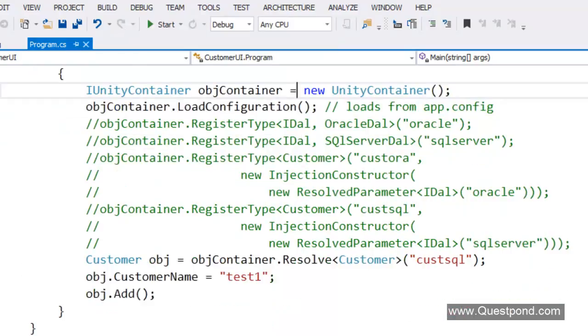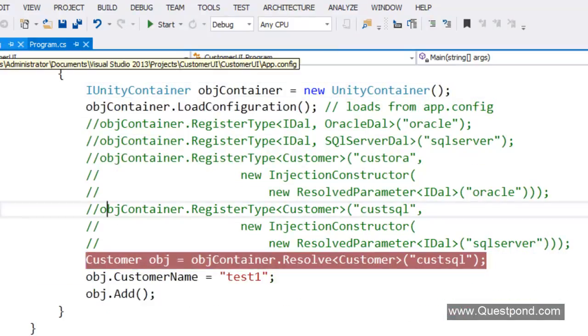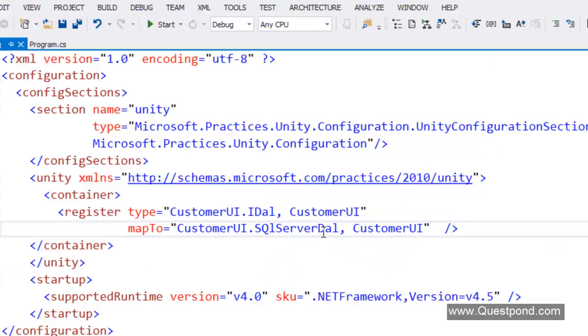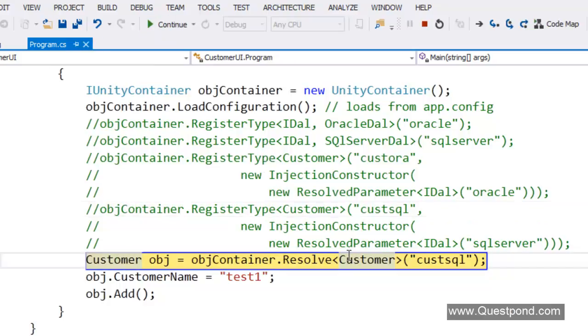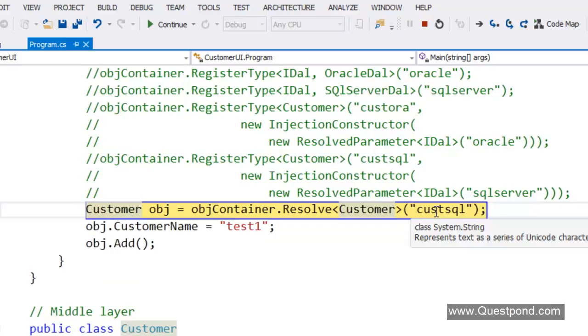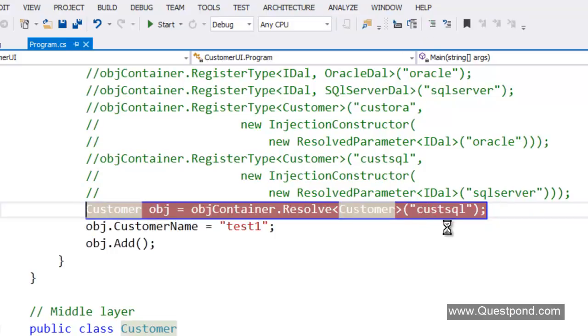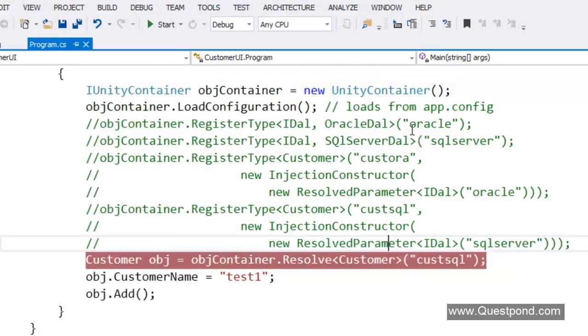Let me put a debug point here. At this moment, what we have done is we have said that we have to inject the SQL Server data access layer object into the IDAL interface, right? So let me start this program. There it goes, the program starts, and now the program is running. We have made one mistake. This cust SQL exists no more, right? Because this cust SQL string was actually belonging to the previous